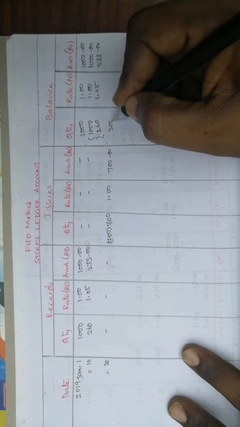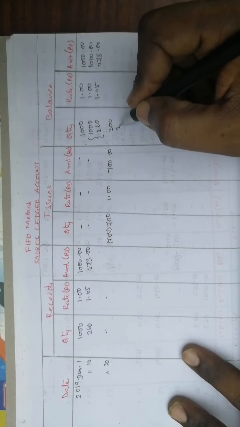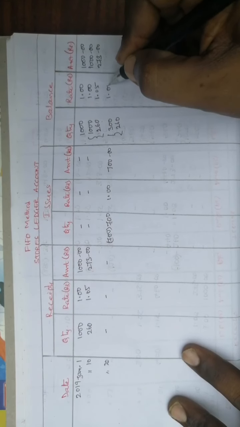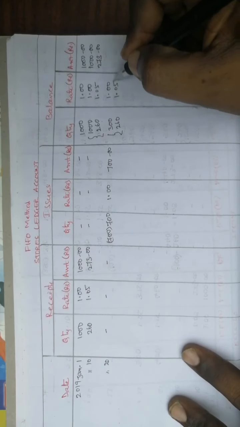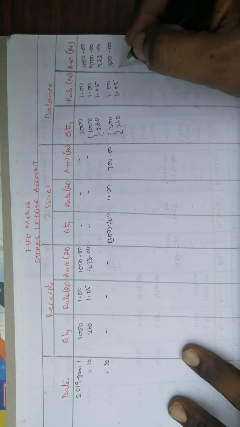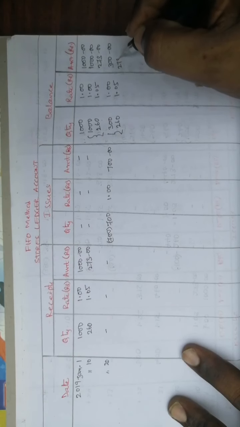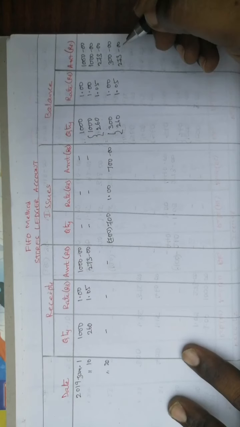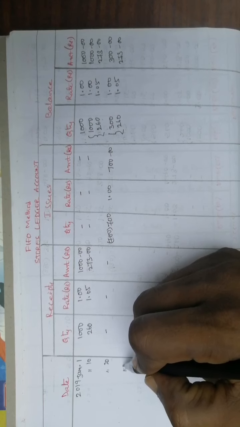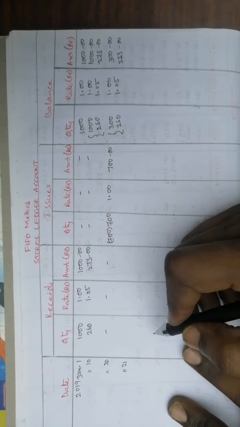Out of 1000, 700 is over. Now the leftover stock of the first receipt is 300. The second stock is 260 as it is. This is at the rate of 1 rupee, and this is at the rate of 1 rupee 5 paisa. This is 300 rupees, whereas the second one is 273 rupees. Now the 20th is also over. Go for 21.